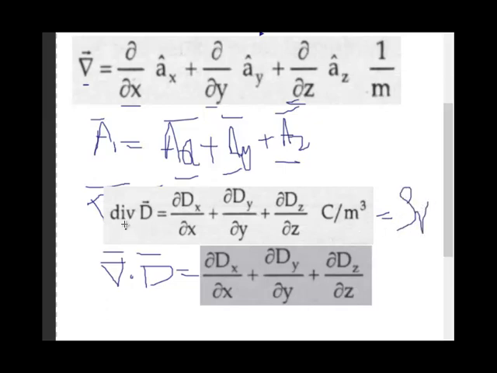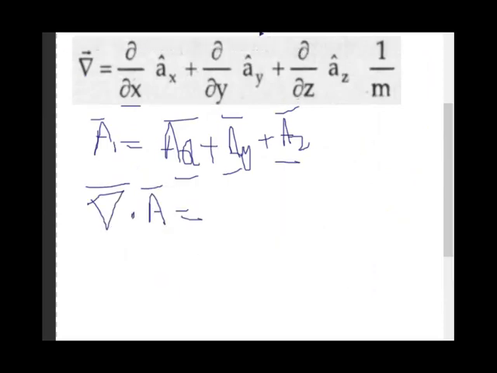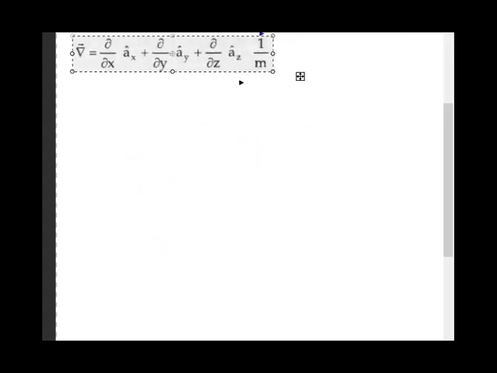So we can have the formula: divergence of D equals del by del x of dx plus del by del y of dy plus del by del z of dz, which equals del dot D, which equals rho v. So all the possibilities are there. We can equate in any way. So let me put all the formulas of divergence. This is the first formula of divergence. This is another formula of divergence.